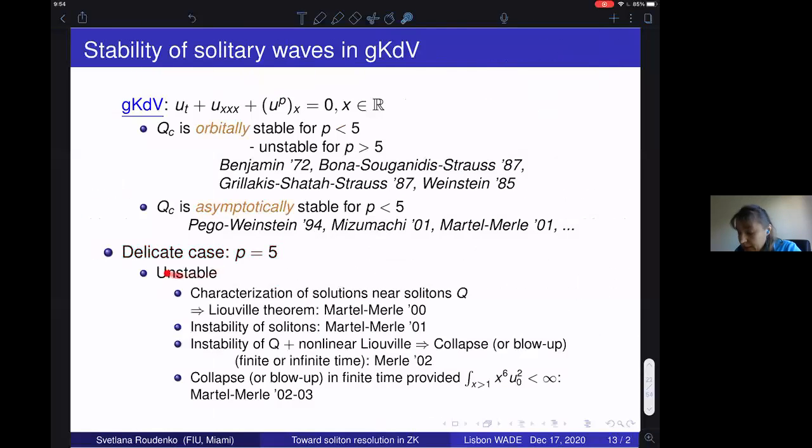Turns out that it is unstable, but this was quite a quest to actually get that. Unlike in the NLS, where you can have a virial, or you can show that there's a blow up and that would imply instability, here we don't have a suitable virial which could help us with that. So instead, Martel and Merle investigated back in 2000 and introduced certain characterization of solutions near the soliton Q. One of them is the Liouville theorem,